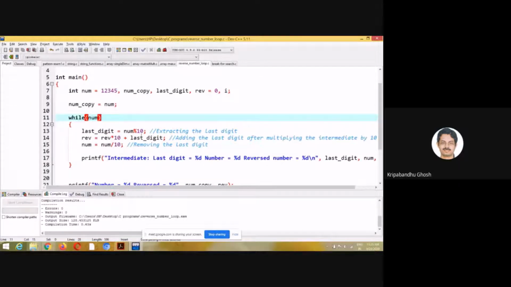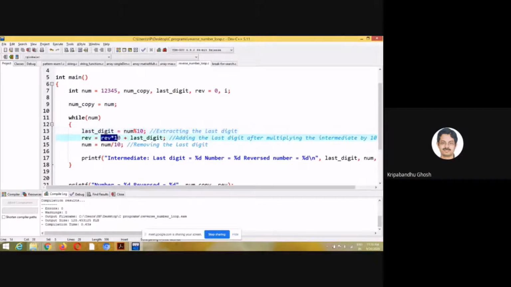So we have to extract the last digit of this number, the number we want to reverse. If we divide it by 10, you will get 5 as a remainder, right? (If it was float, then okay, don't make it so complicated.)